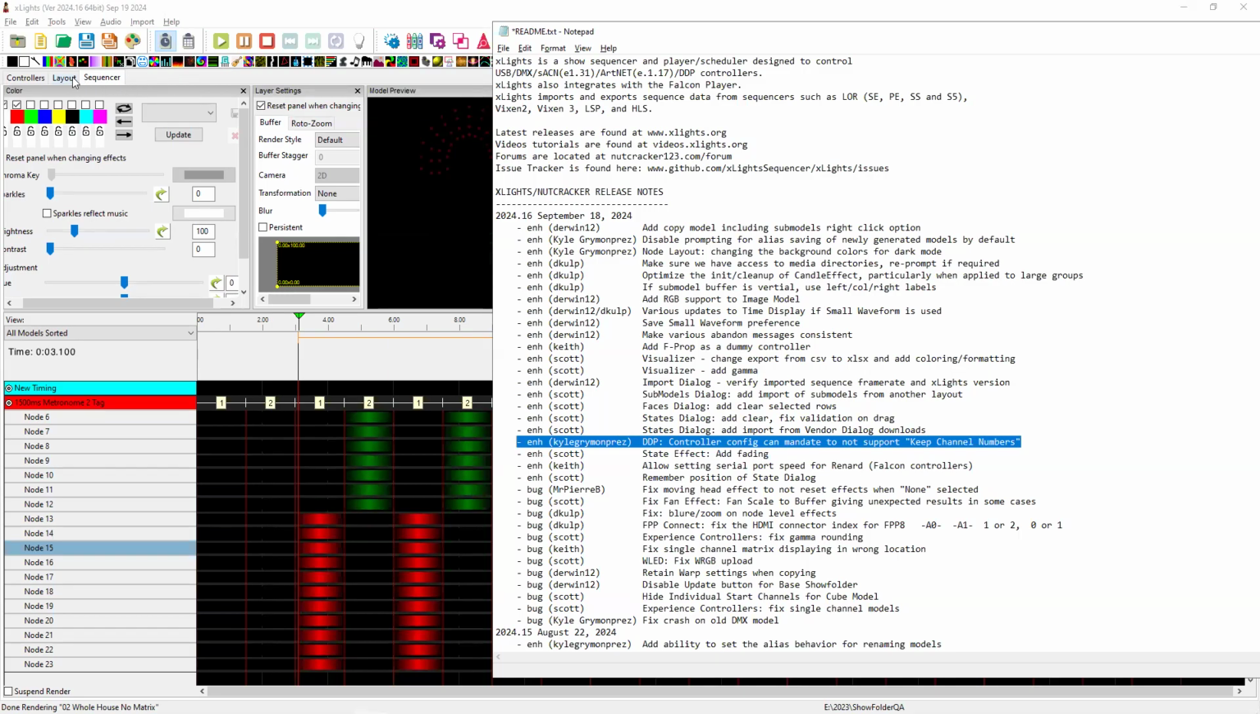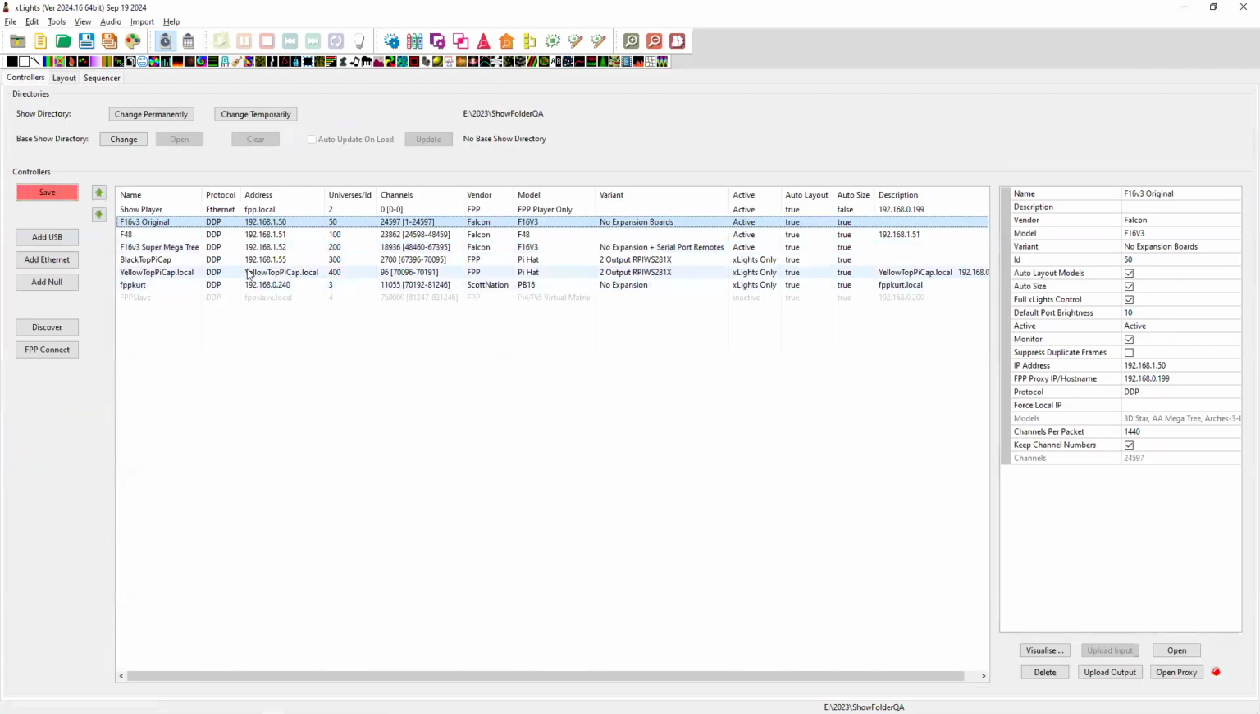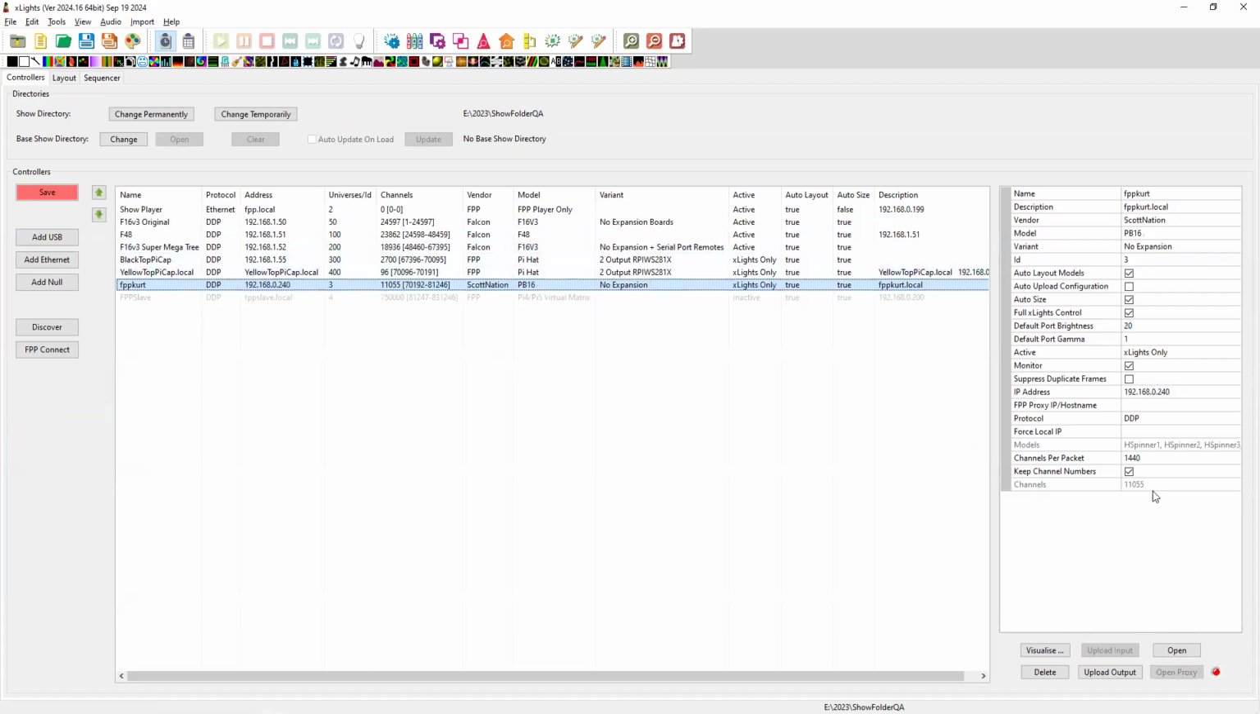DDP controller config. Under the controllers option, if you have a WLED controller, I believe it warns you here currently that you probably want to have this unchecked because WLED channels should always start at 1. What that means is xLights will track it as 11,055, but when it sends it to the controller, it's going to be channel 1 through